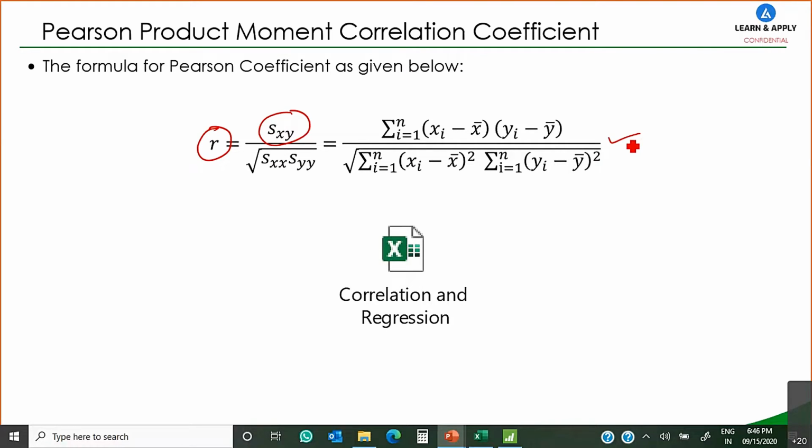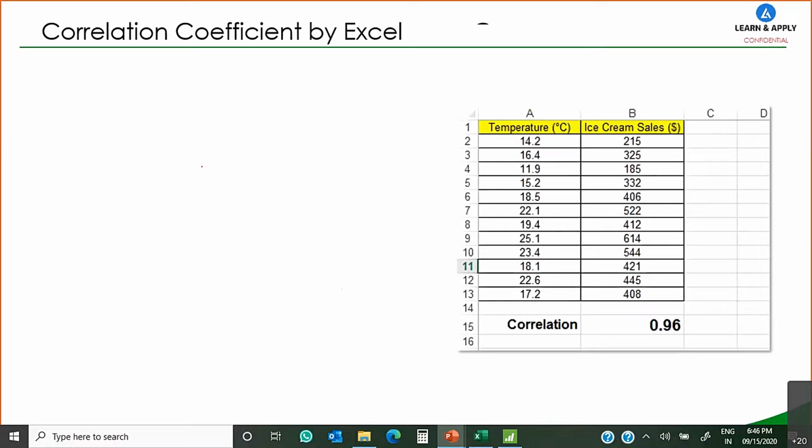But before going into this formula, let's understand the simplest method to verify whether there is a correlation present between two terms or not. For that purpose, let's use Excel, or you can use advanced statistical software like Minitab or Sigma XL. But Excel is very simple and easy software, which is available with everyone. So I'm going to explain how to identify correlation between two variables by using Excel, right?